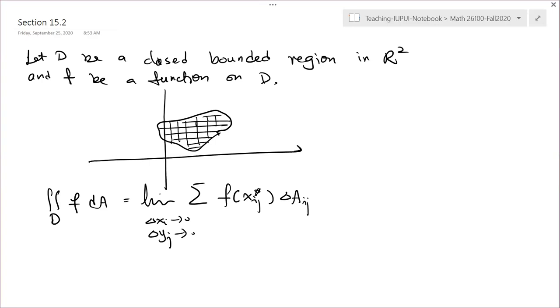Okay, so this is a typical rectangle inside a tiny rectangle, and inside this, if we zoom in, this is a point. Here's the arbitrary point xij star, and this is delta xi. This is delta yj. So you only consider those rectangles which are either on the boundary or inside the domain. Then we don't know how many, right? It depends how small the rectangles are. Every time we have a partition, and after you choose the points in the rectangles, as long as those Riemann sums, those numbers, approach a fixed number when the size of the small rectangles approaches 0 uniformly,